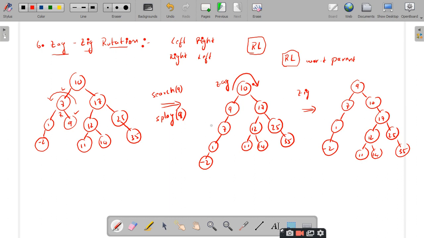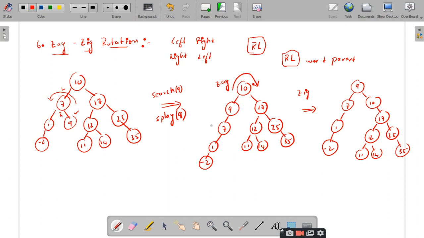So when you perform the splay, the frequently accessed element or the recently accessed element will be placed as the root node. So in the next search, insertion or deletion operation, if you want to search the newly inserted element, you can easily access it. Why?